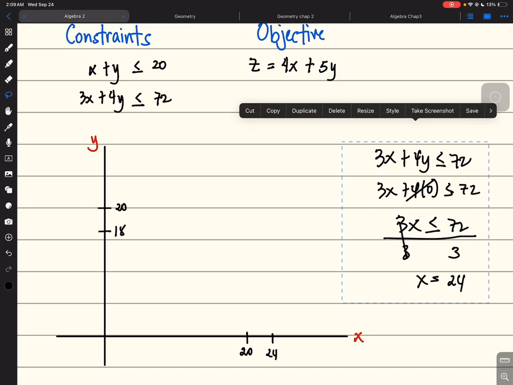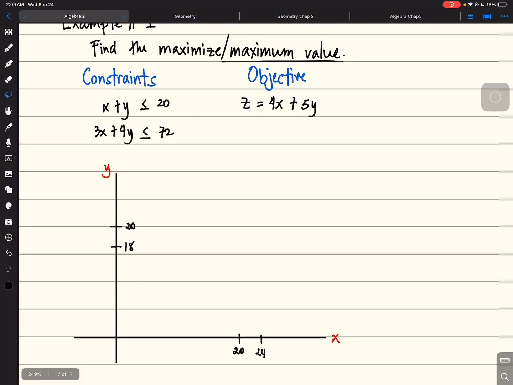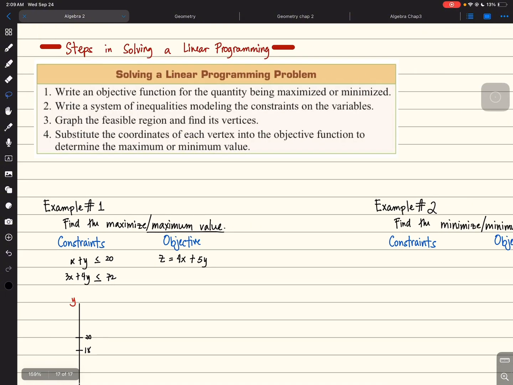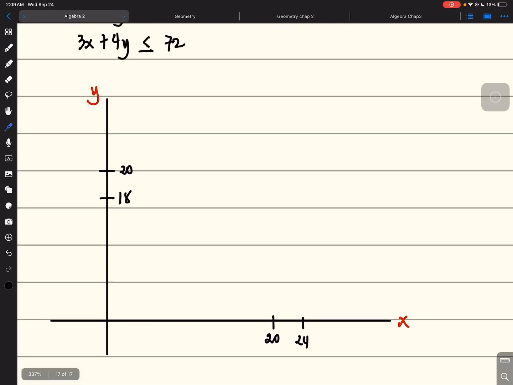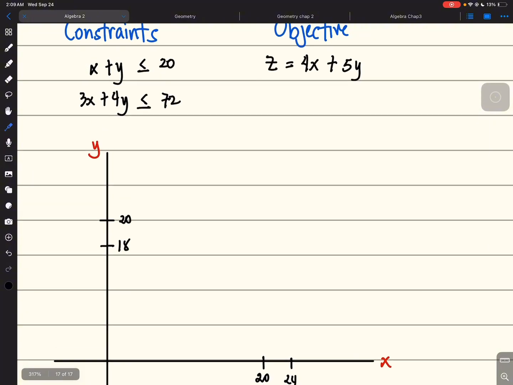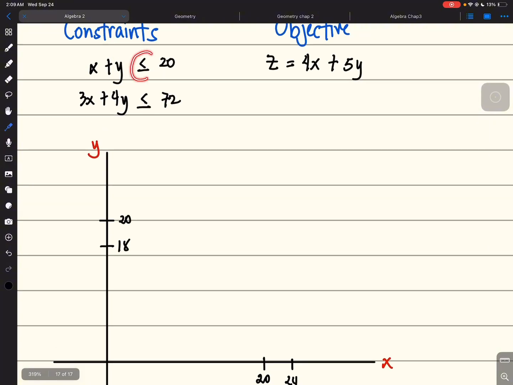So now, let's try to find the feasible region. Okay, before we move to the vertices. So after we graph, let's find the feasible region. So let's say, according here, if we're going to look,